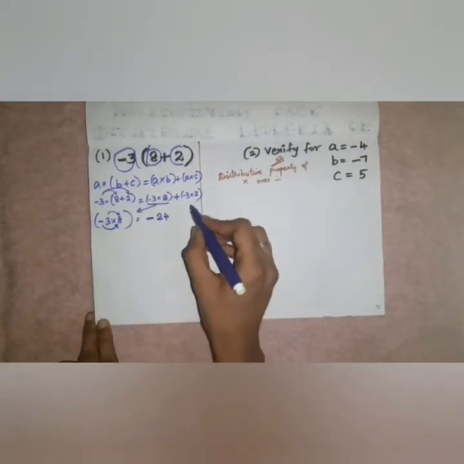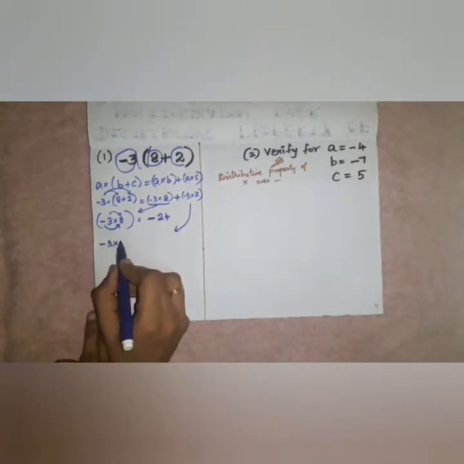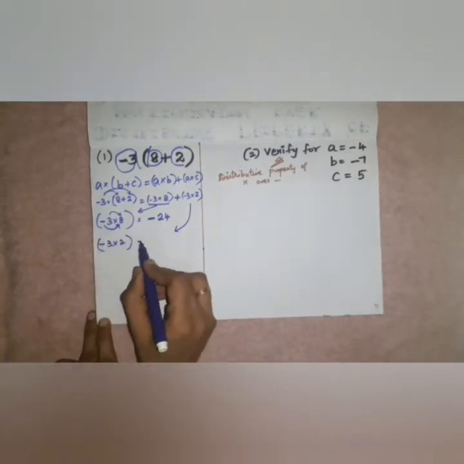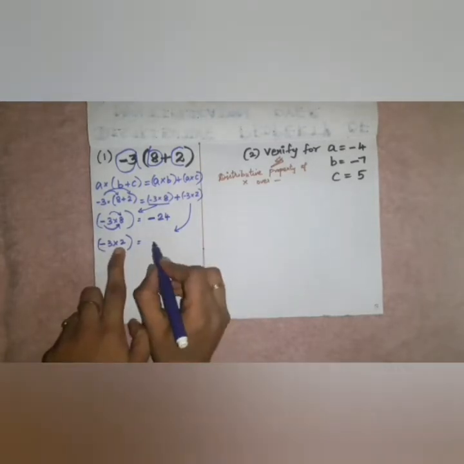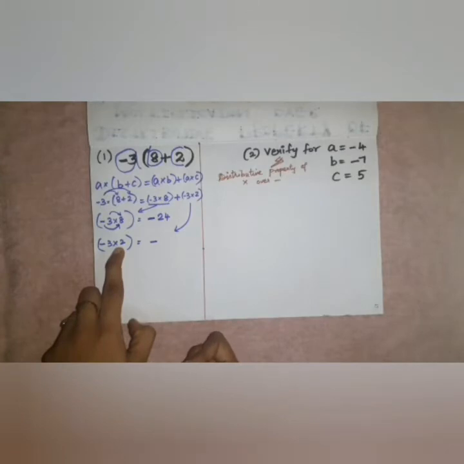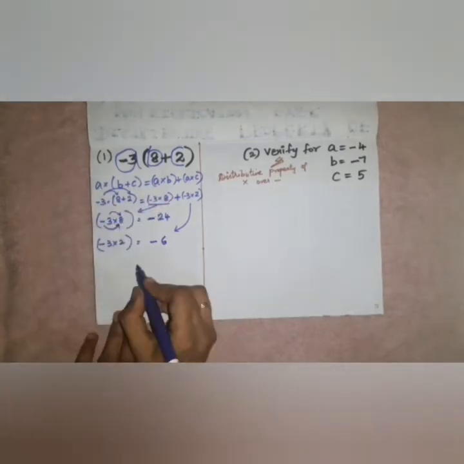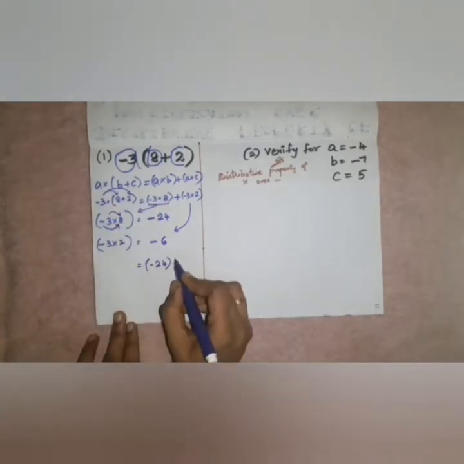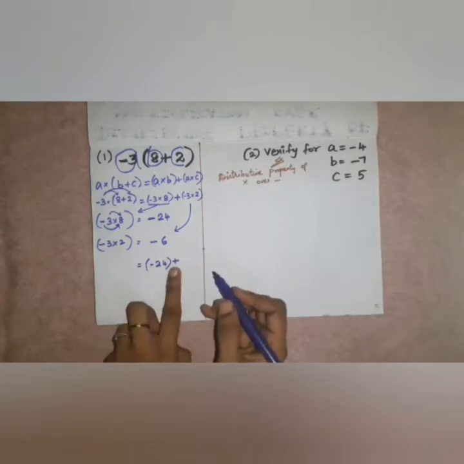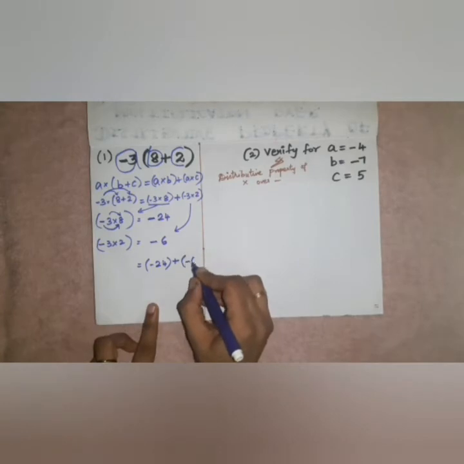So this we have done. Let's go for the A into C part: minus 3 into 2. Again, first we will see the sign, then the number. Minus into plus is minus, 3 into 2 is 6. So A into B we got is minus 24, in the middle there is a plus sign, then minus 6.